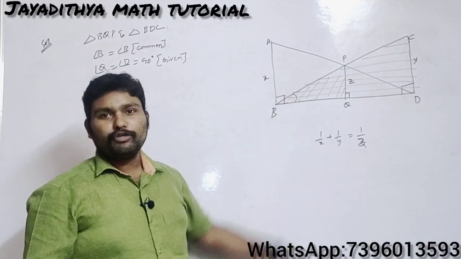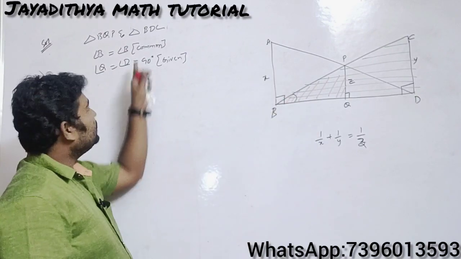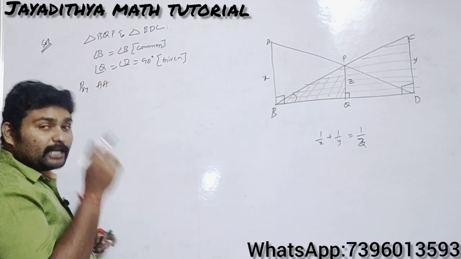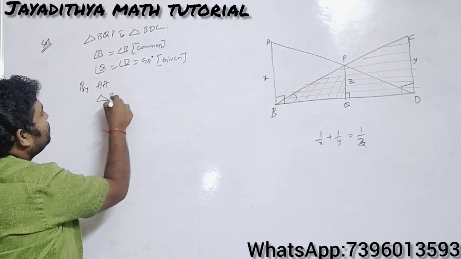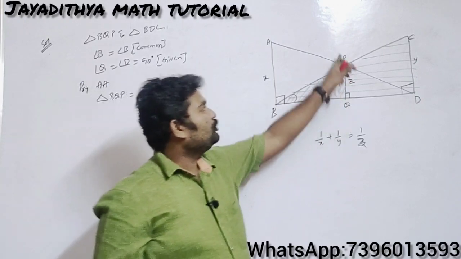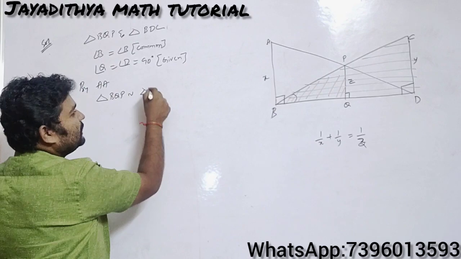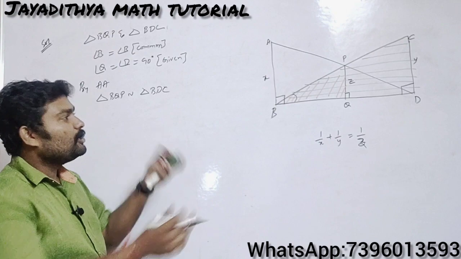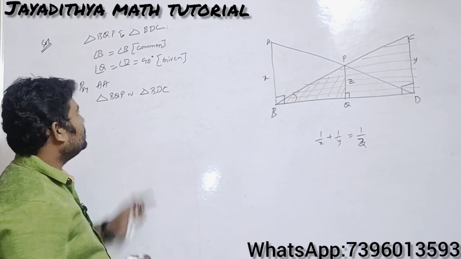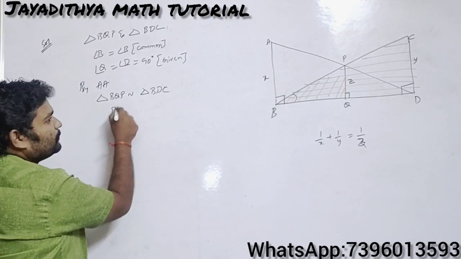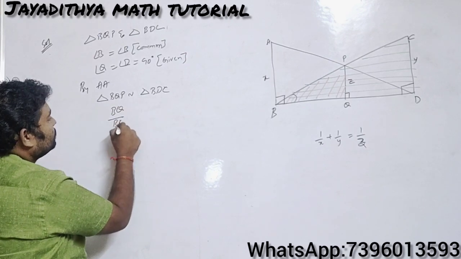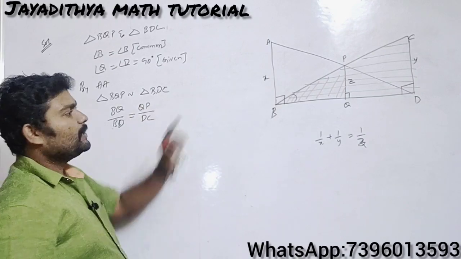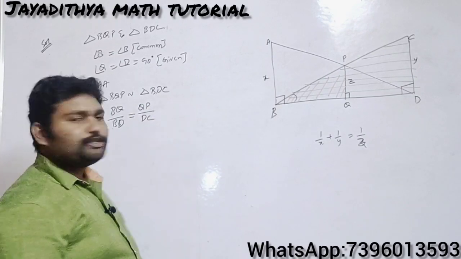That is given in the question only. He has told that PQ is perpendicular. So here you have shown 2 angles equal. Therefore by AA criterion of similarity, what can you say now? Triangle BQP is similar to triangle BDC. So these 2 triangles are similar. From this you take the corresponding sides ratios. That is BQ by BD, which is equals to QP by DC. These 2 parts are enough for us now.